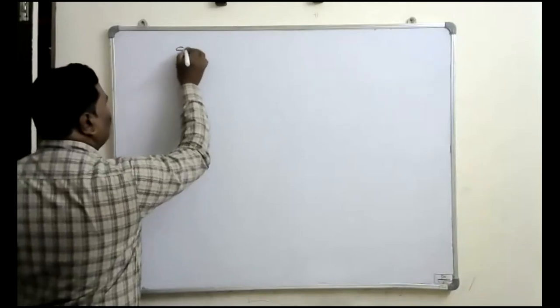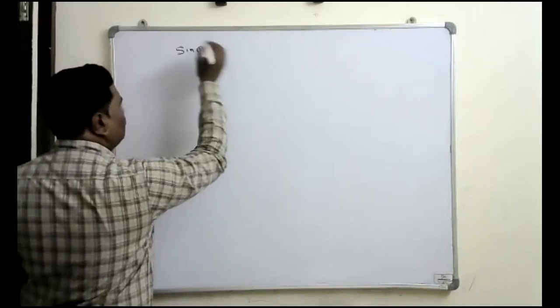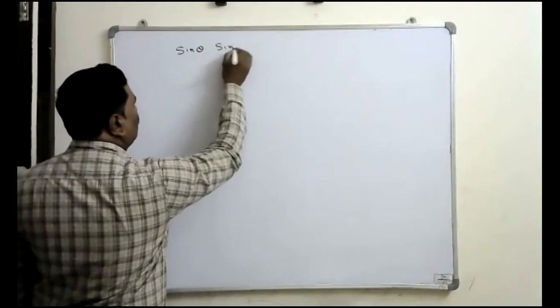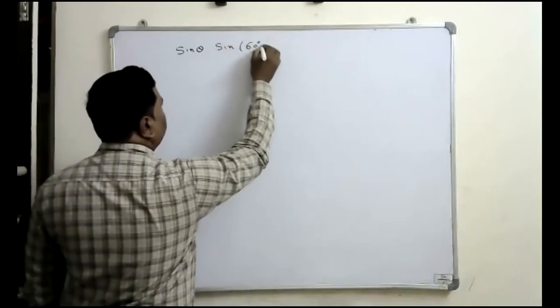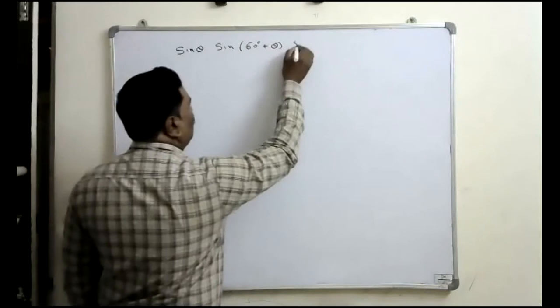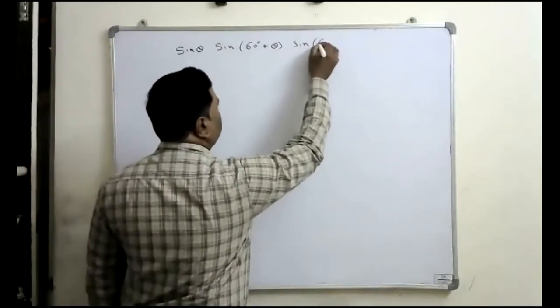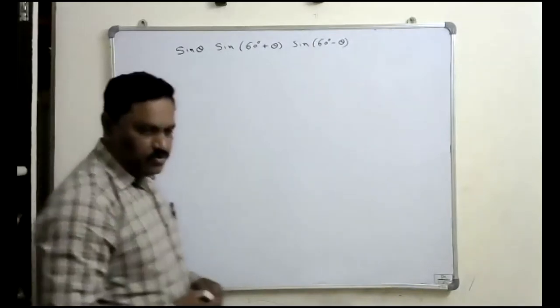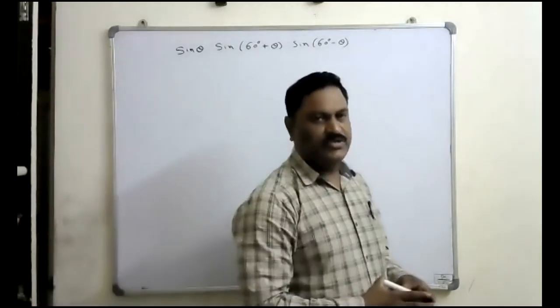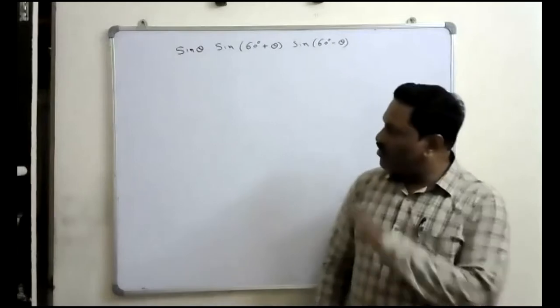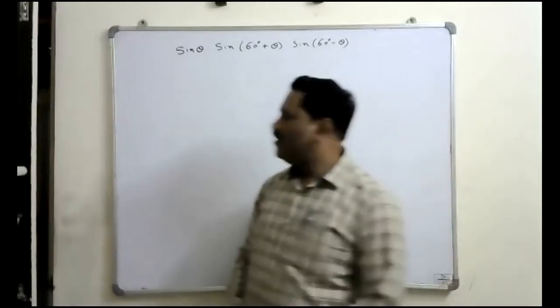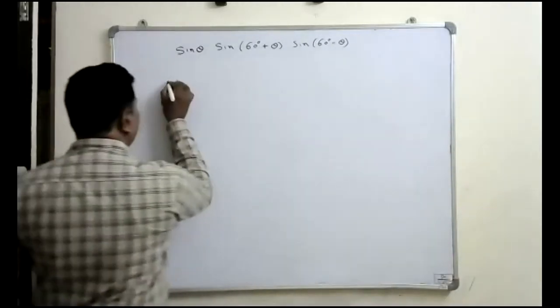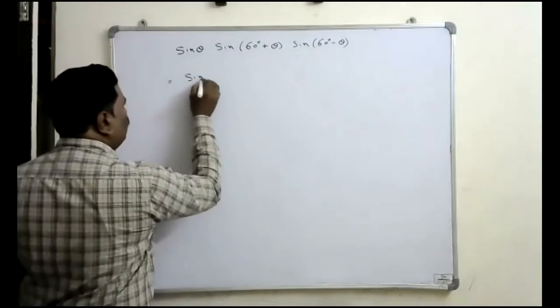To write this first, listen to it. Sin theta into sin 60 degree plus theta into sin 60 degree minus theta. I want to find the product of this. To find the product, this is sin theta into